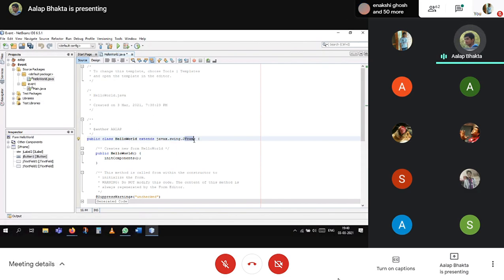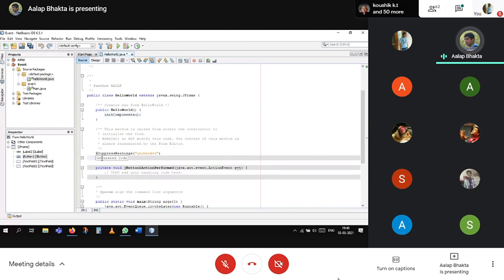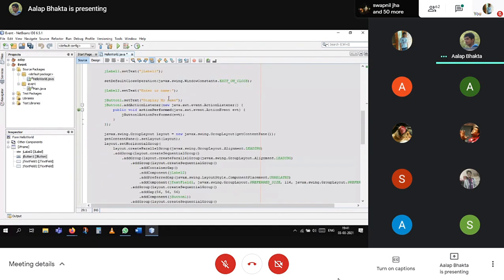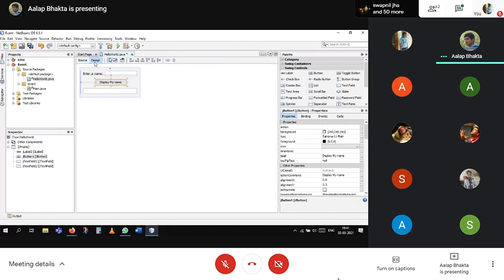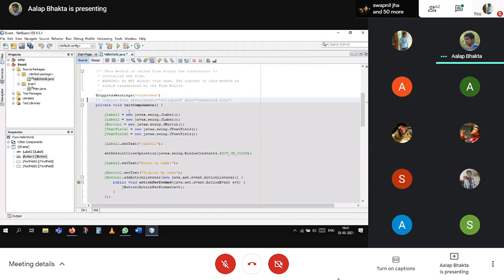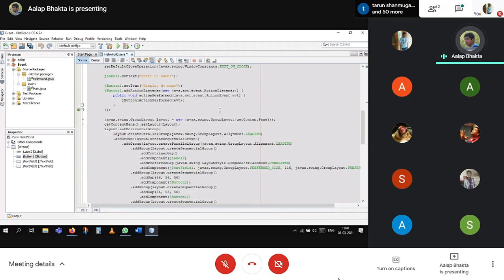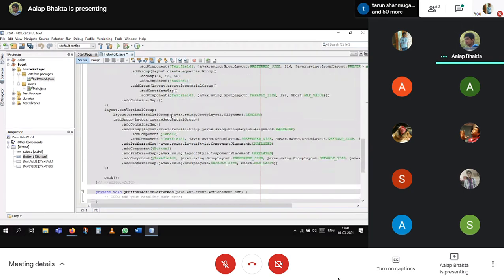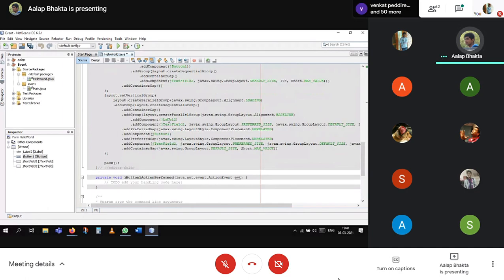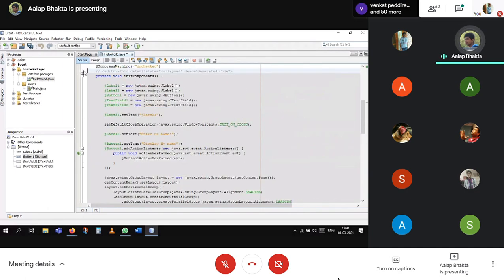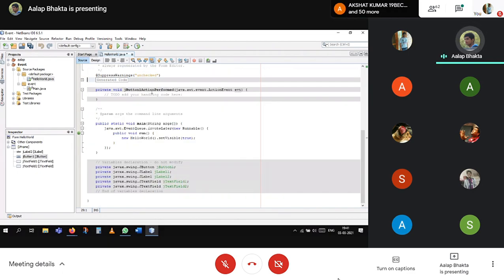This is the HelloWorld component, initComponents, and this is the generated code for your frame. Whatever you have designed over here, this is the code for it. It is auto generated, so you don't have to mess with anything here. Just keep it as generated code.